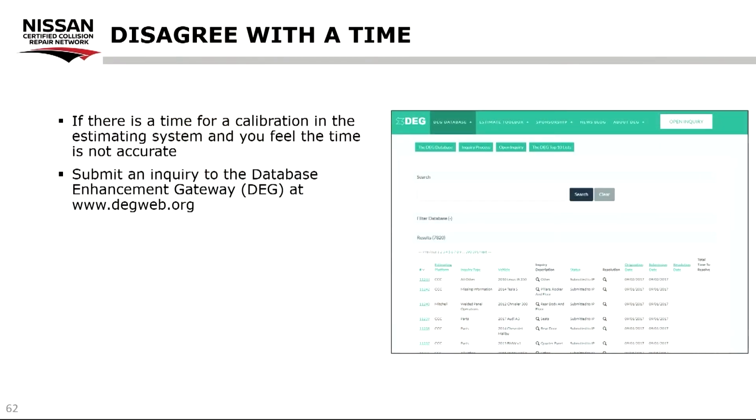Oftentimes, Jake and I will get questions about labor times for calibrations. While it is against antitrust laws for us to discuss or suggest labor times, what we can tell you about is a great resource, and that resource is the www.degweb.org website. If there's an estimating system, CCC, Mitchell, or Audatex, that publishes a labor time that you disagree with, you can go to this website,